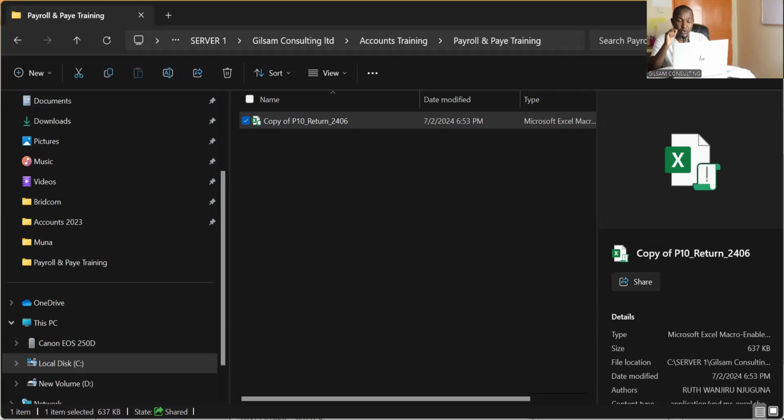Now, we need to go to section B, which is employee details. In this section B, you find that you have the PIN of employee, name of employee, residential status, type of employee, basic salary. There are so many. Housing allowance, transport allowance, leave pay, overtime allowance, director's fee, lump sum payment, if any, that is optional. Other allowance, total cash, and then value of the car benefit, the non-cash benefit, the type of